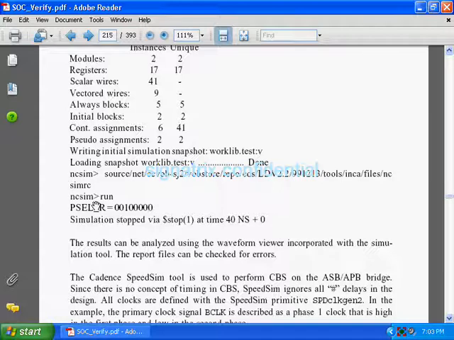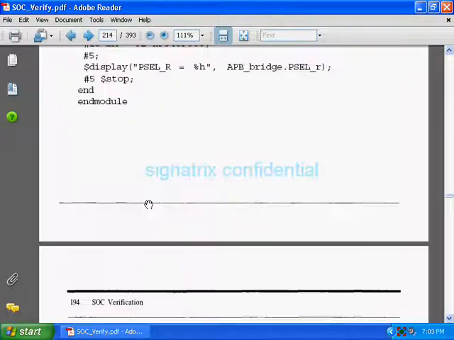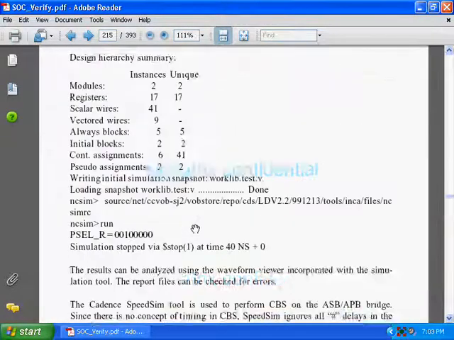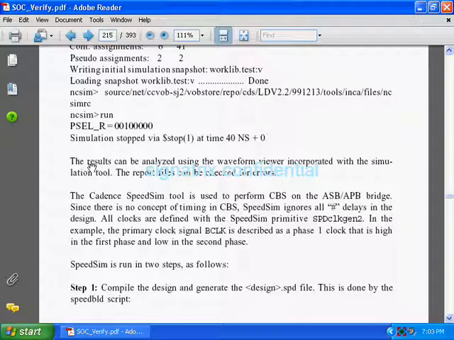Then they are telling, after going to this NCSIM window, if I compare this with ModelSim, when you write vsim, you will go to the ModelSim prompt, right? Similarly here, when you write ncsim, you go to the NCSIM prompt. After that you will run it and it will display the value. Why will it display? Because we have used display here, right? So it will display the value here. The result can be analyzed using a waveform viewer incorporated